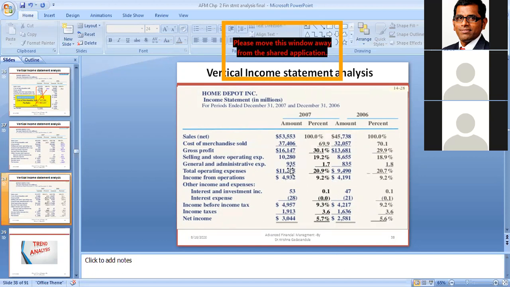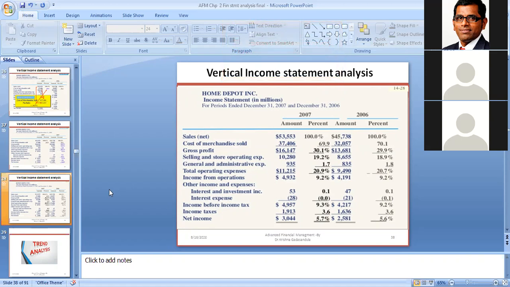So this is the type of vertical analysis that we can do. If you have a blackboard and chalk, we can use them to explain. But anyhow, I put every solution and problem on the slide itself. You need not do any particular calculation. That's why I prepared these slides for easy understanding.